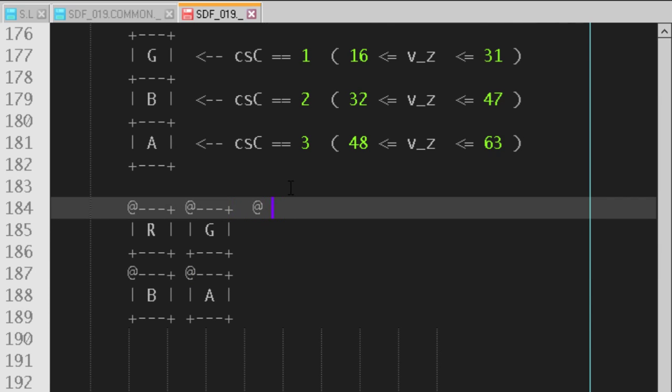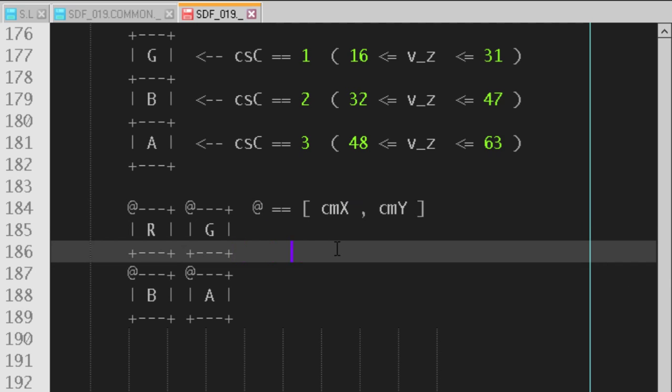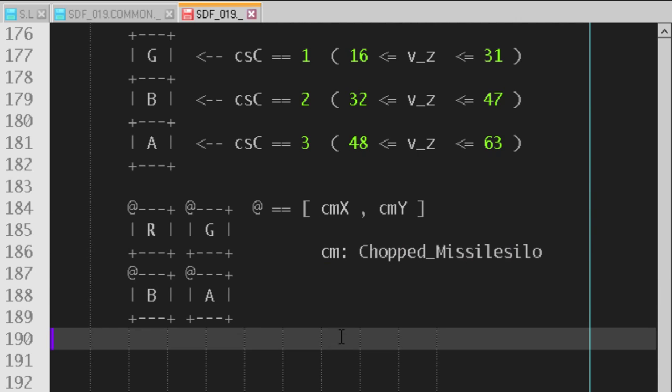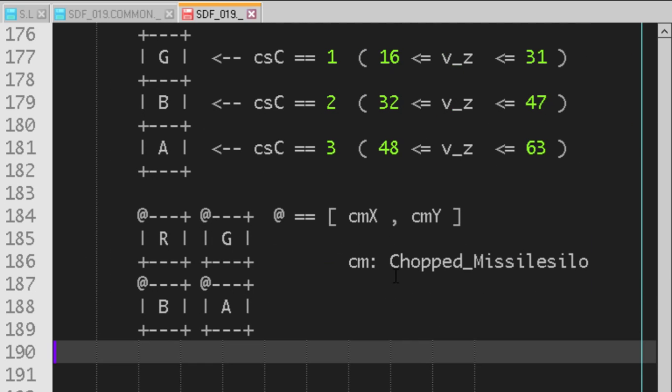Do at equals... so what we're going to do is we're going to say that CM,